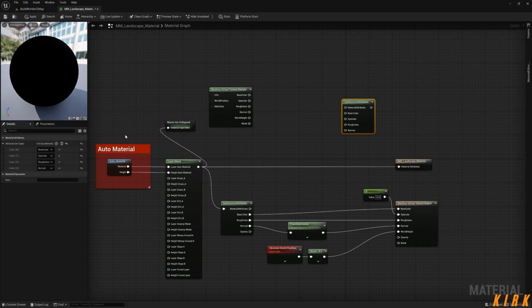Normal, yeah. Opacity, I'm not going to worry about that. I've added it here for future reference, but for now the height is not a major problem. So I'm going to drag from this base color, and then we'll do the specular, roughness. And now I need to do the normal, but at the moment inside the shader itself, because we need